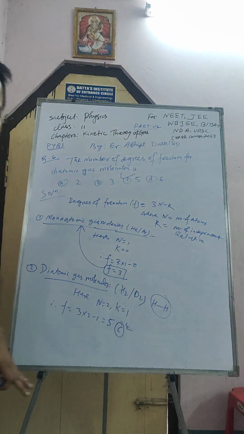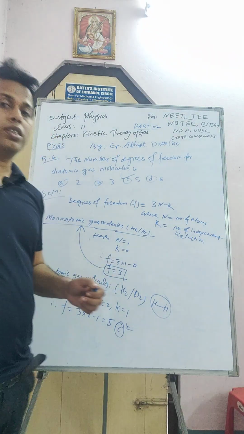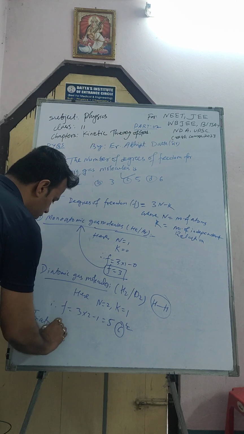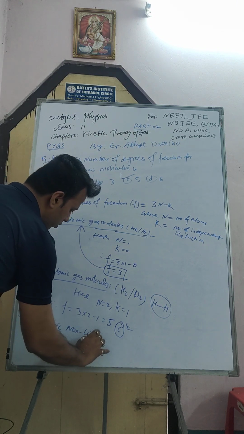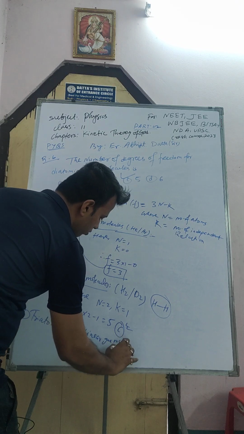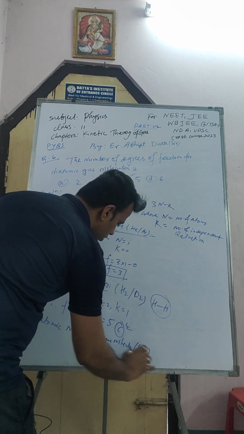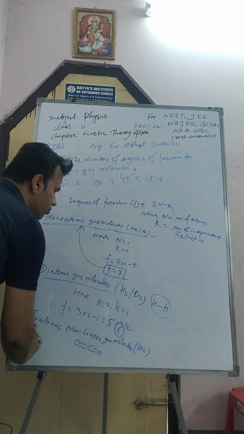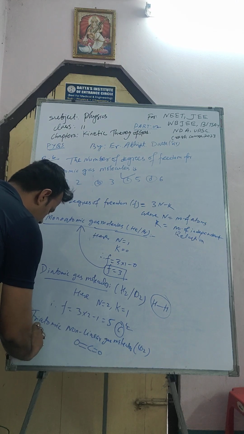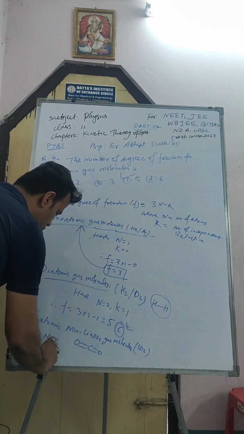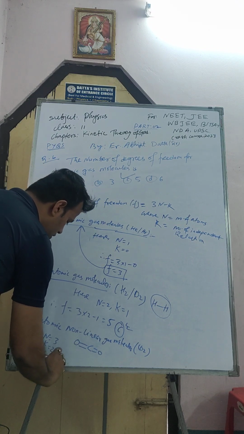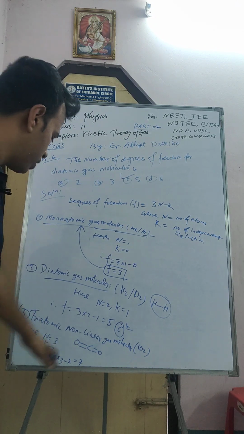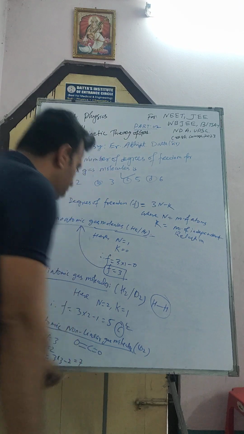Now the question is, if they ask for a triatomic gas, then what will happen, sir? For triatomic non-linear gas molecules, there is carbon dioxide, O double bond C double bond O. Here n is 3, k is 2. So degrees of freedom F equals 3 into 3 minus 2, that is 7. So for these triatomic gas molecules, degrees of freedom will be 7.